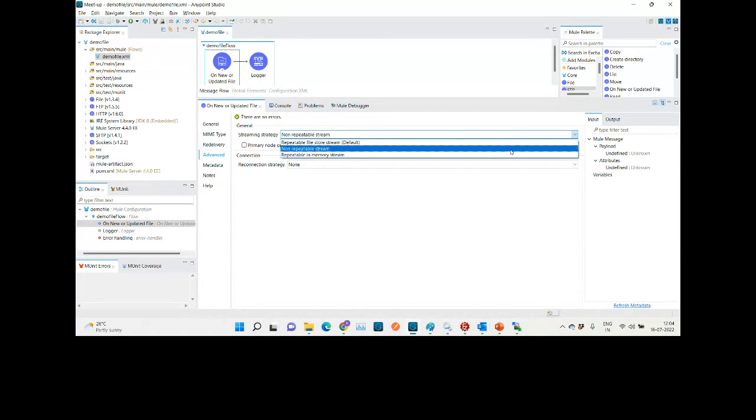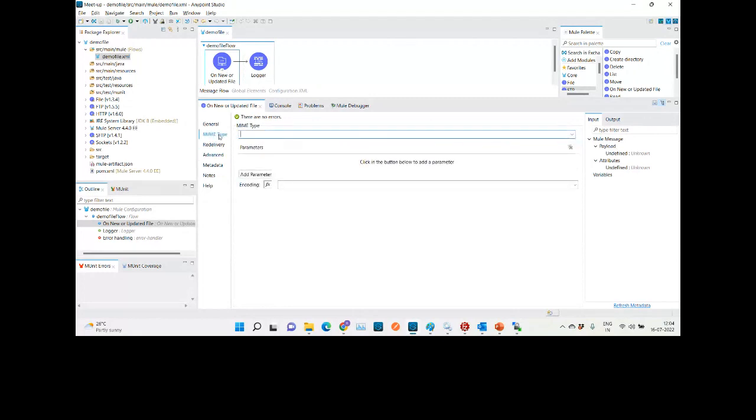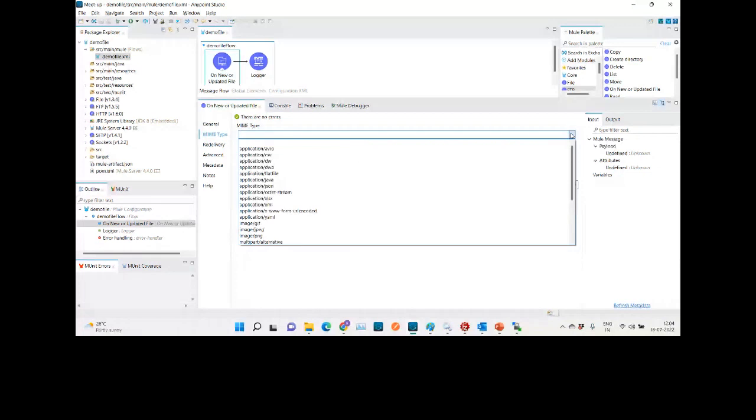Then one thing is when you're reading the file, there is an option, Rajesh, can you click on my mime type? Better you give a mime type here. While reading itself, it will convert that binary stream according to that mime type. Okay. So for example, if you select CSV here,